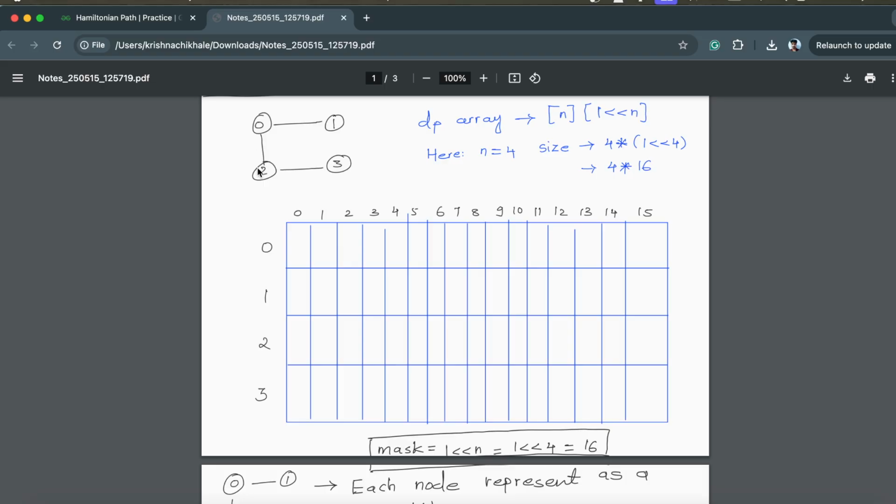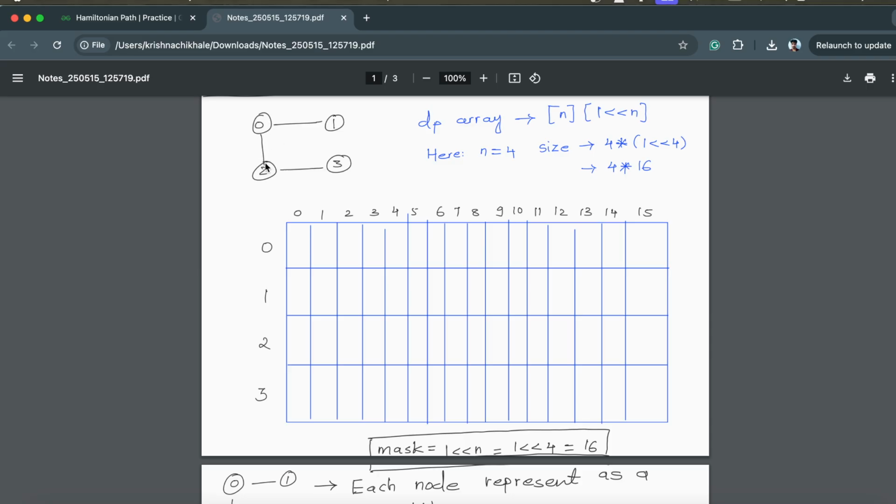When we explore to 2, the current mask that we have is 0 0 0 1. Now we check if the second bit is set or not. If it is not set, that means we haven't explored that one. So we simply set that second bit, and the new mask is going to be 0 1 0 1. Now from 2 we can go to 3, or even go back to 0, but here, instead of a visited array, with the help of the mask only we check if the bit is set or not,